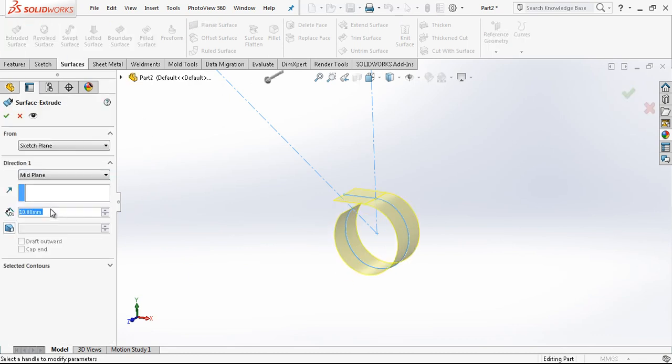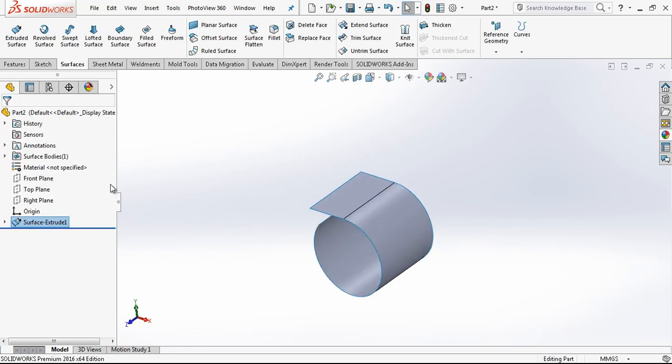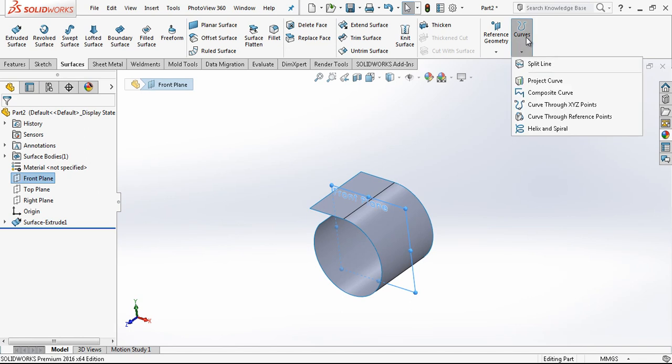Going to be a surface extrude 15 mm, and we are